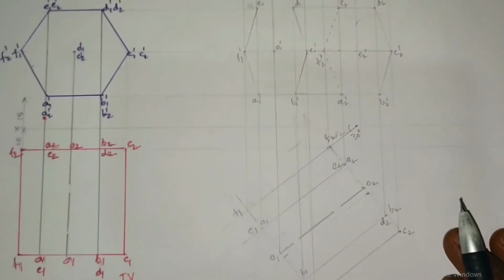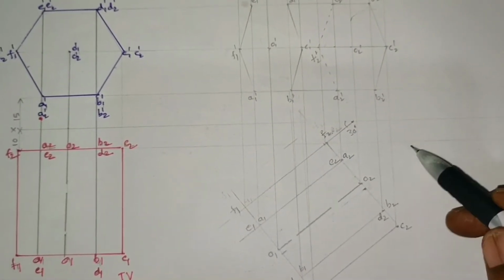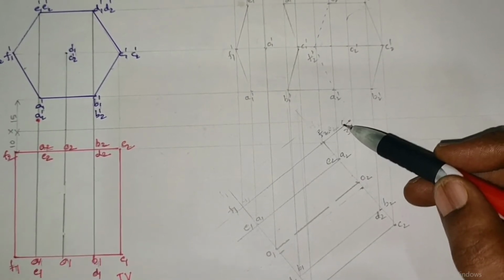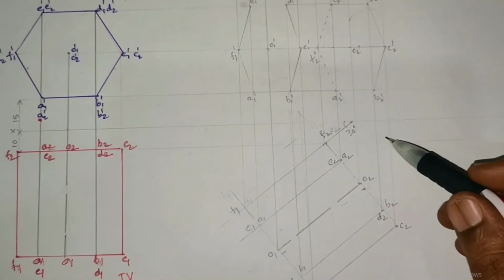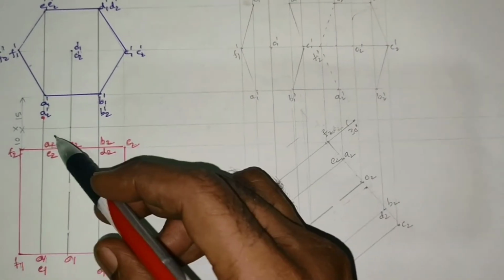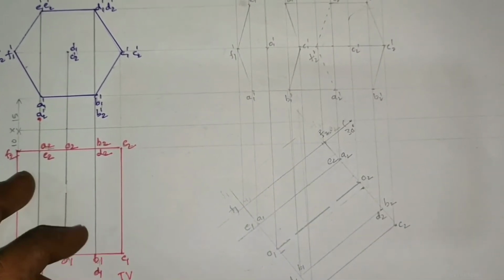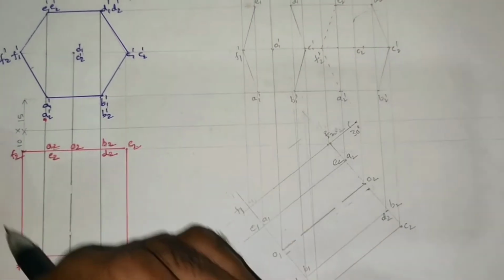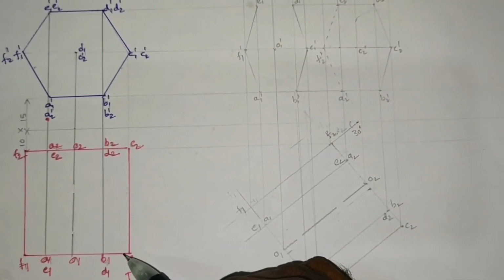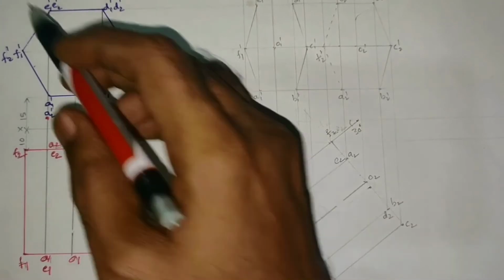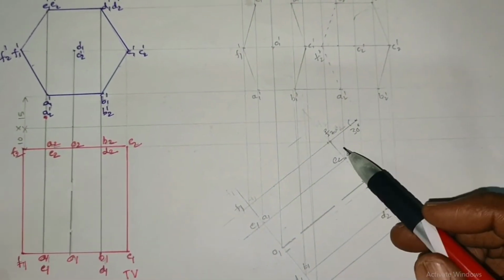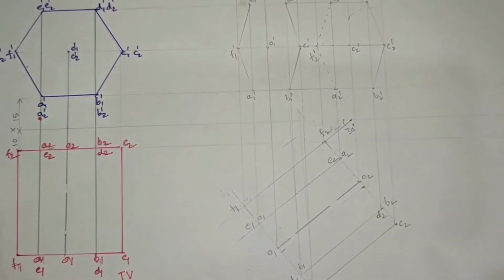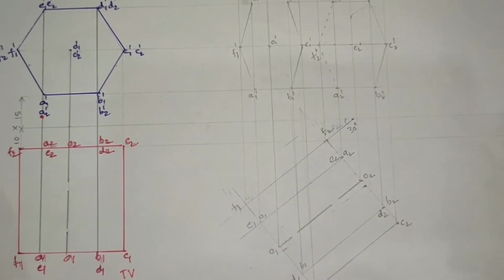But the axis is going to have an inclination of 30 degrees with respect to the vertical plane. That is, here it is to be represented with the reference line xy. So here we have to redraw the top view which we represented in stage 1, inclined at an angle of 30 degrees with respect to the xy line. So let me do that.